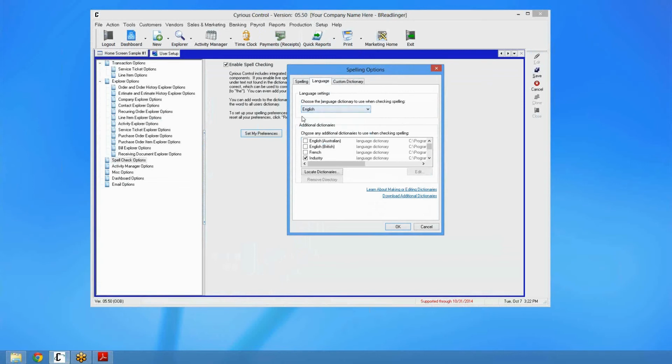In my case, my primary language is just regular English, but I do want to introduce some additional dictionaries that should be used when we're doing spell checking. Particularly, I want the industry dictionary that's been set up, and I want the technical dictionary that's been set up. These are two that basically just have some